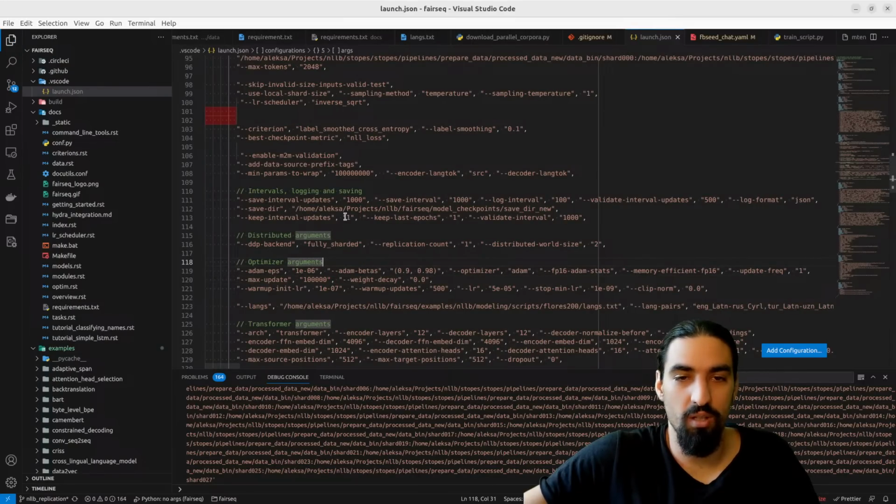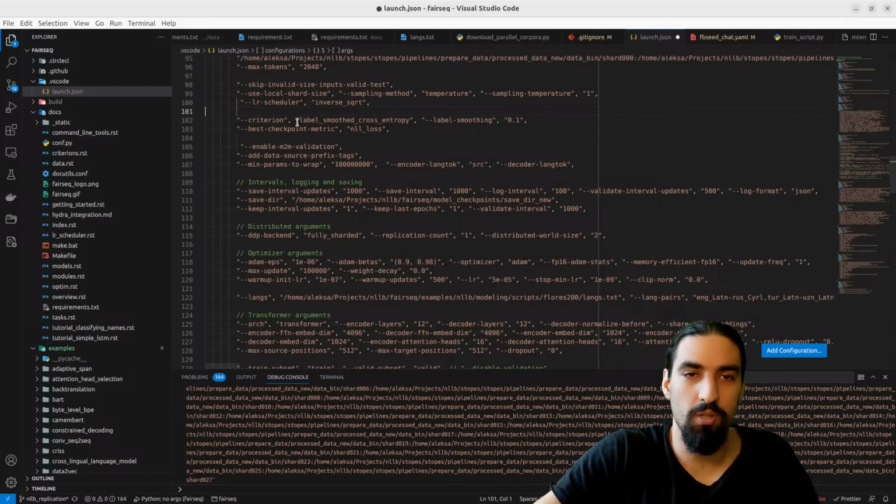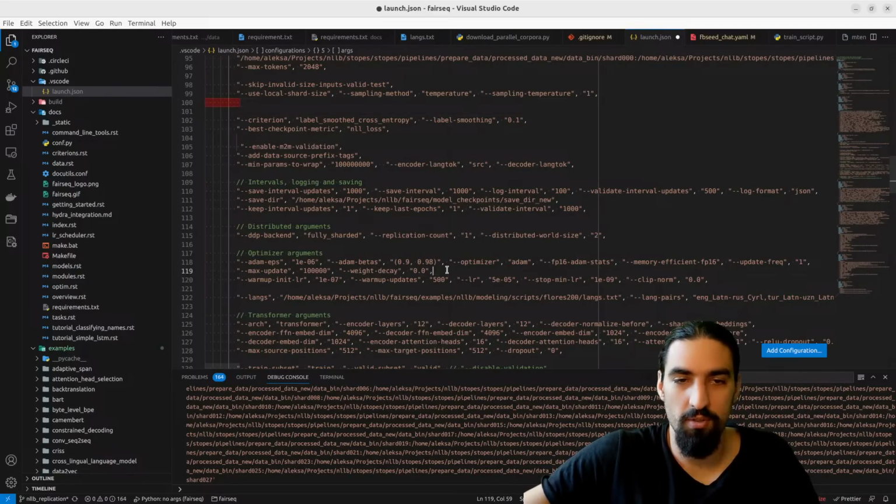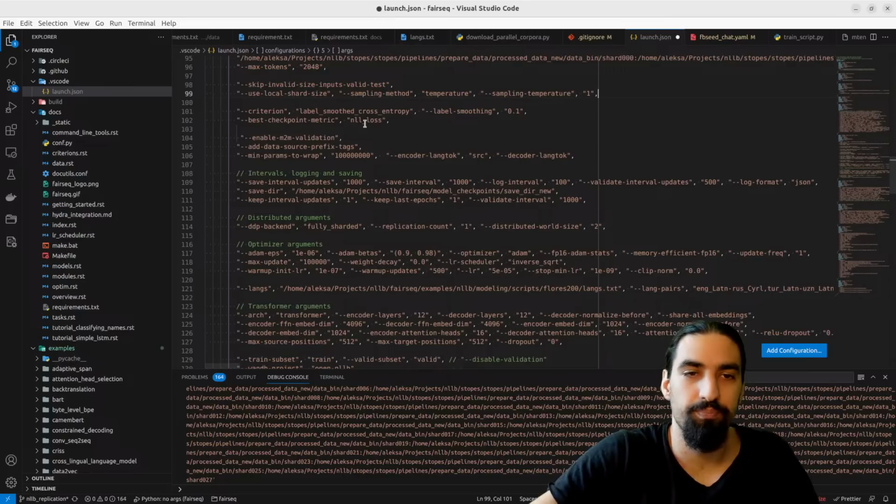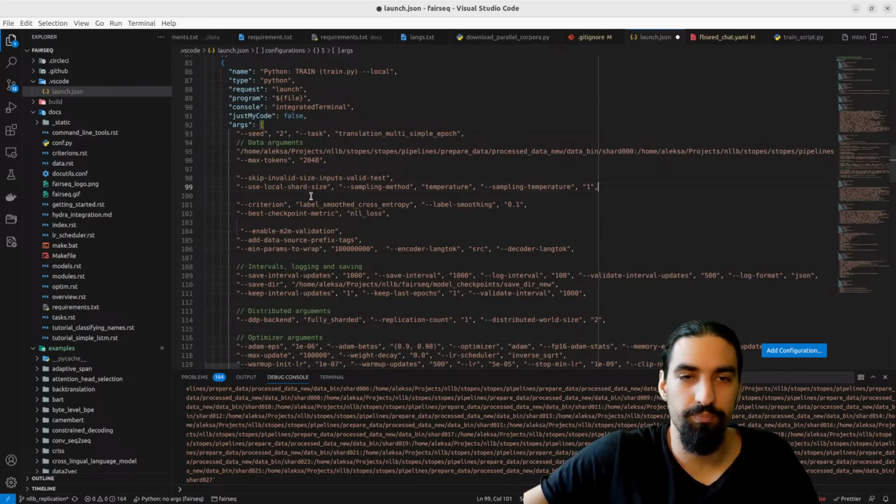What's the weight decay? A regularization parameter. And then learning rate scheduler, again, this is optimizer stuff. Okay. Criterion and label smoothing. Best checkpoint metric.